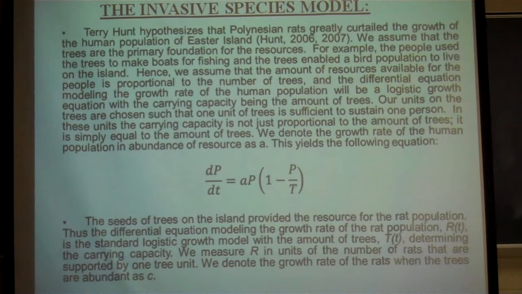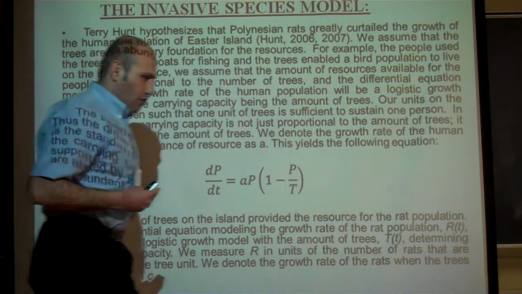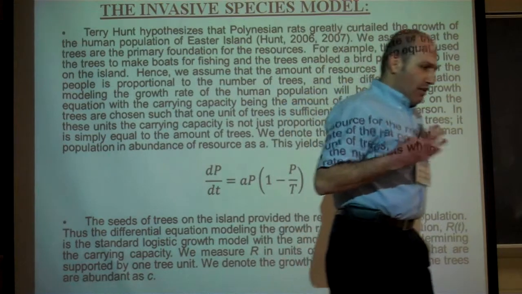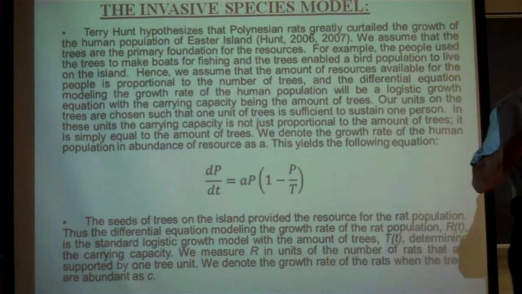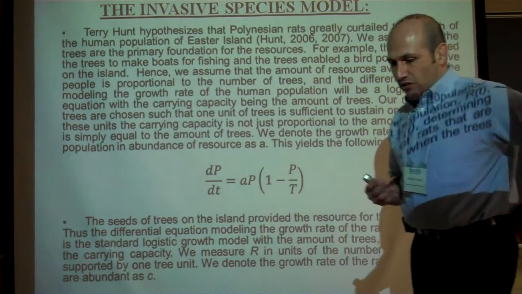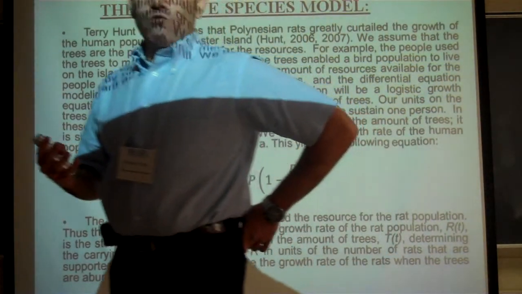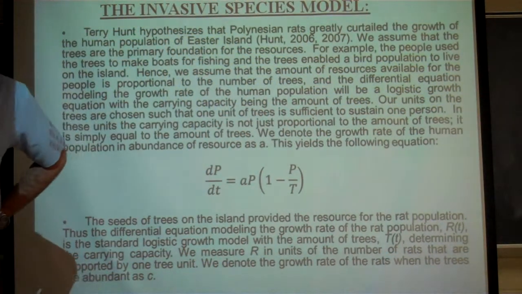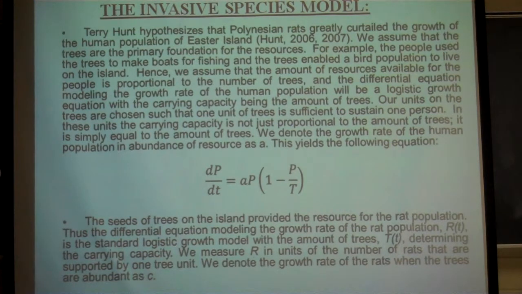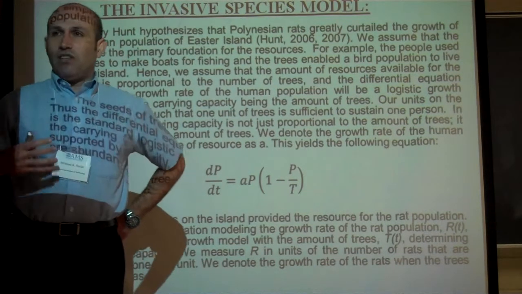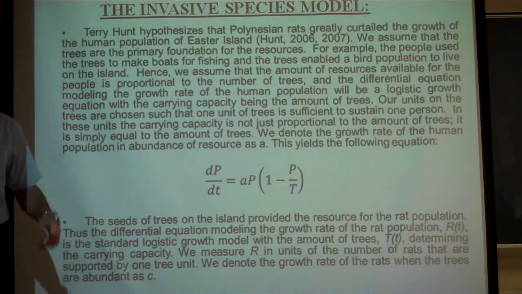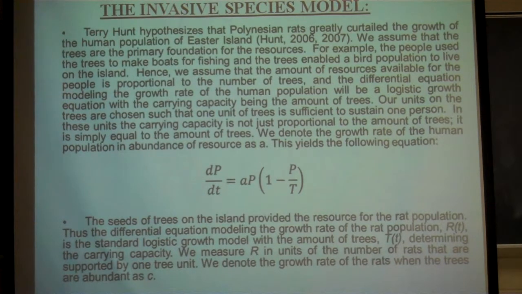Then we decided to add invasive species, and it wasn't our idea. Our colleagues Terry Hunt from University of Hawaii, who's an anthropologist, and Carl Lipo from California State University, who's also an anthropologist, said the rats accelerated the rate of extinction. They believed the people would have gone extinct anyway, but because the Polynesians brought the rats to Easter Island, it accelerated the extinction rate. So they said, okay guys, let's try it and see what happens. This is where my colleagues Bill Basner, Tomasz Wiant, and Bernie Brooks